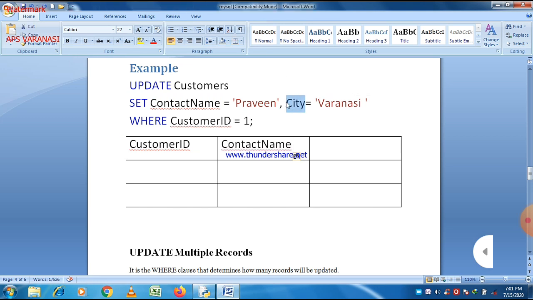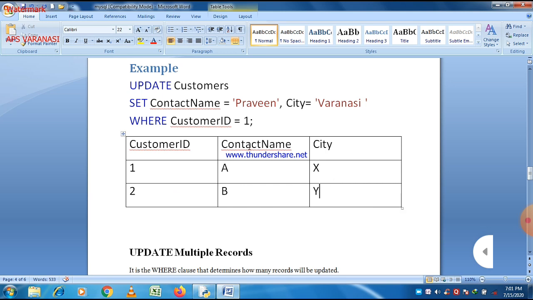Three column names are there. The customer IDs are 1 and 2. For contact name, suppose A and B, and for city, suppose we take any values, X and Y.